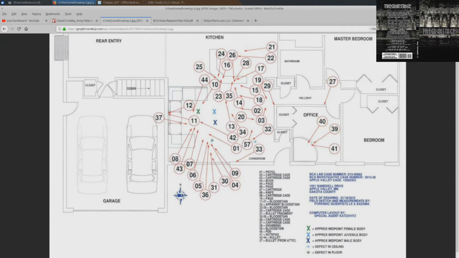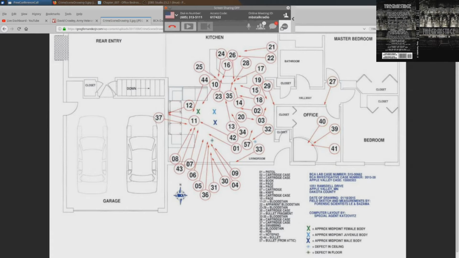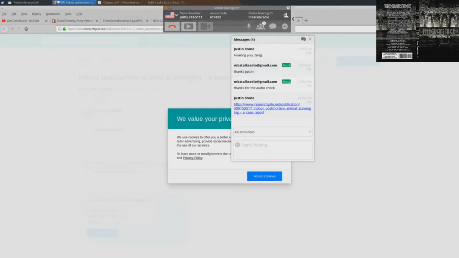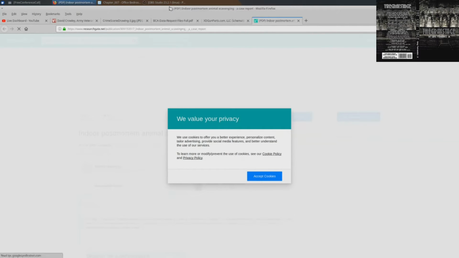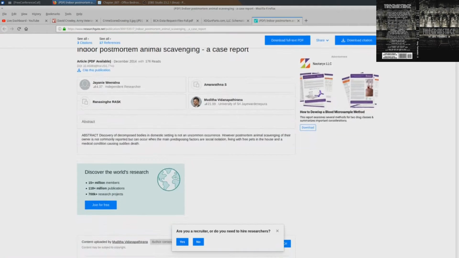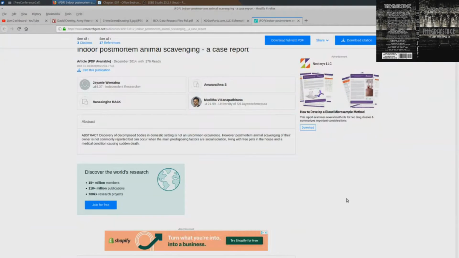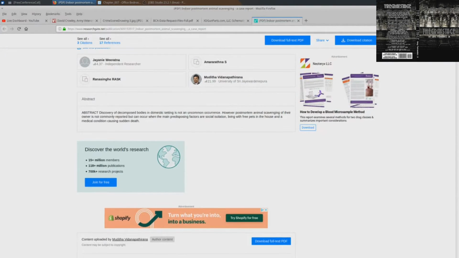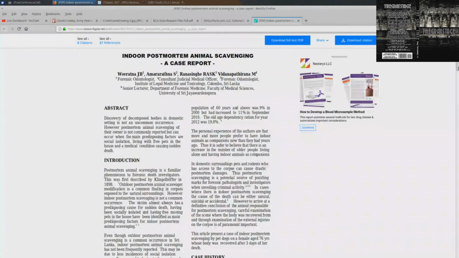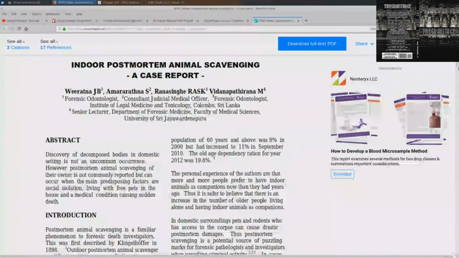That's disturbing. Hey, Greg. Yes, sir. I found a pretty good article from this website called ResearchGate.net, and they have a case study in there of a gentleman. I believe he lived in Indonesia or Sri Lanka. I don't know how long it was, but the body was there for about 46 days. The body was dead for about 4 to 6 days.